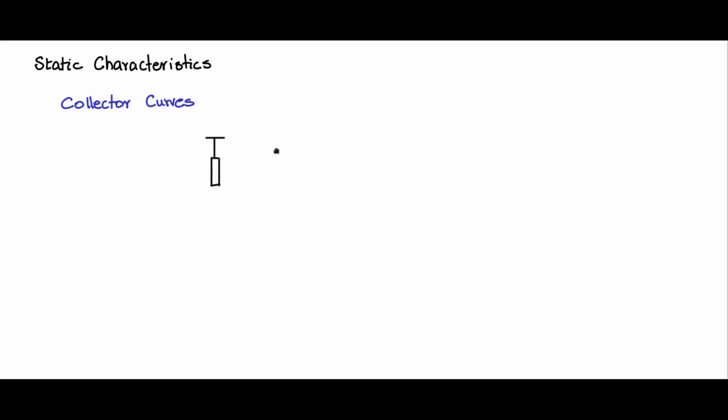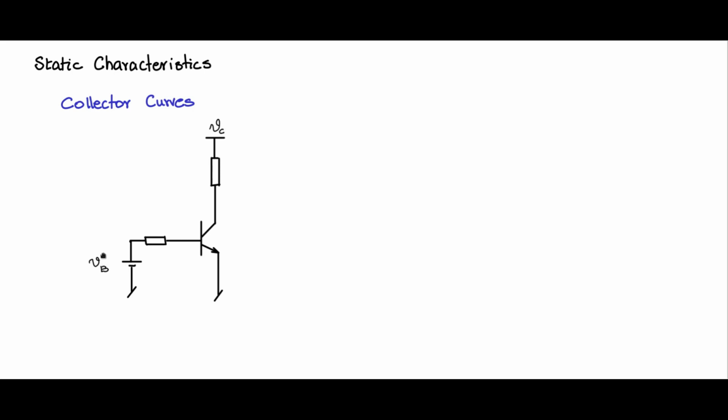So let me first draw this test circuit which will be used for obtaining the collector curves. So I have here a DC voltage source, VC, we will call it, and then there is this resistor. Resistor is connected to the collector pin, and we have an NPN BJT here, and the emitter pin is connected to ground. Then there is this base pin, and to the base pin we are connecting a resistance. And on the other side of the resistor we are going to connect it to another DC voltage source. We will call this VB, and then we will call this VC.